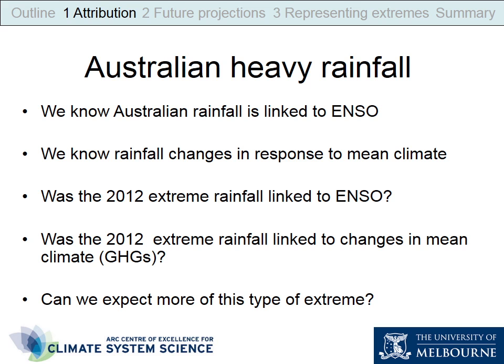And these kind of event attribution studies are really getting at whether some types of events are likely to occur more or less frequently in the future, and can we expect more of this type of event. So that kind of information is going to have implications in terms of how we cope, and I think we would make quite different decisions if we were expecting this kind of event to become increasingly frequent and severe in the future, compared to if these studies show that it was just an artefact of natural climate variation.